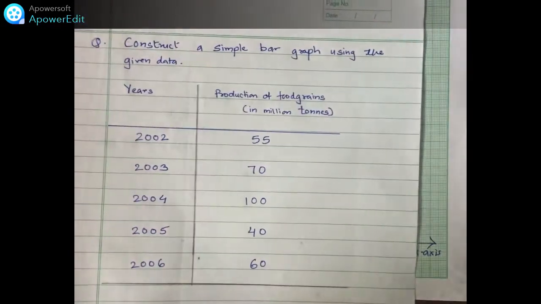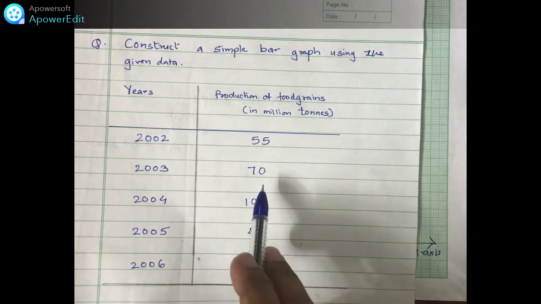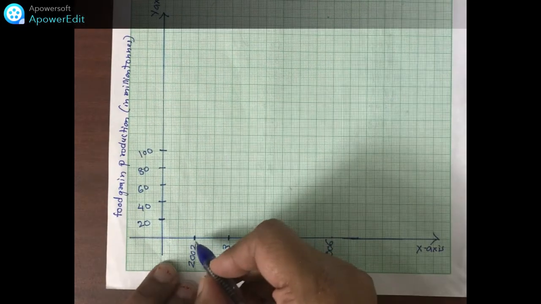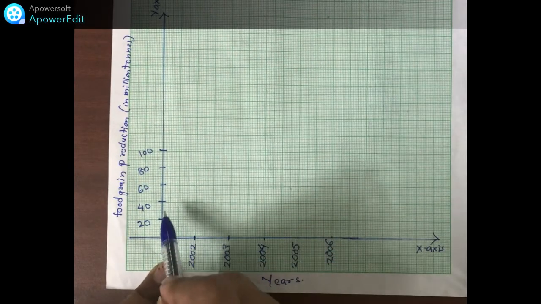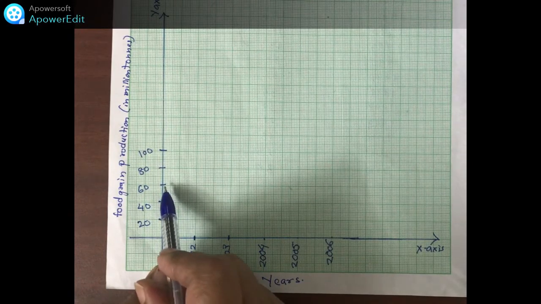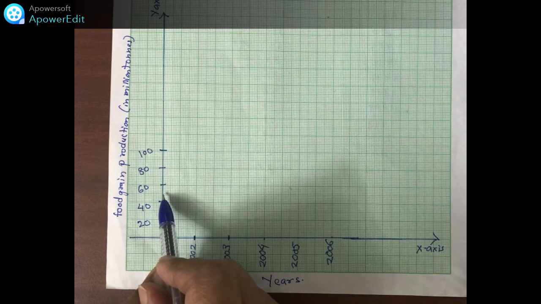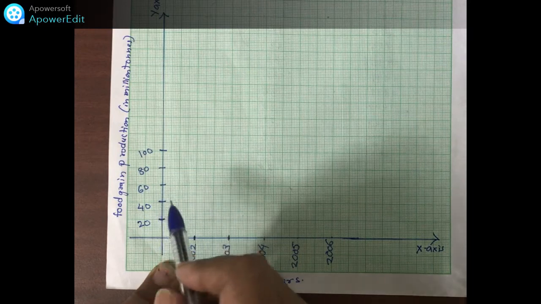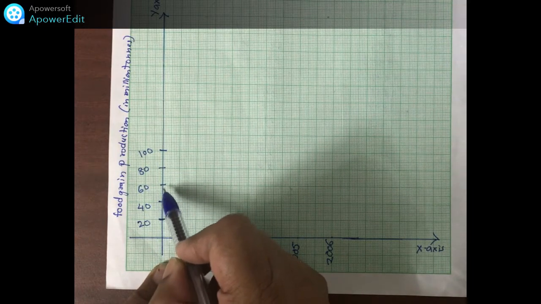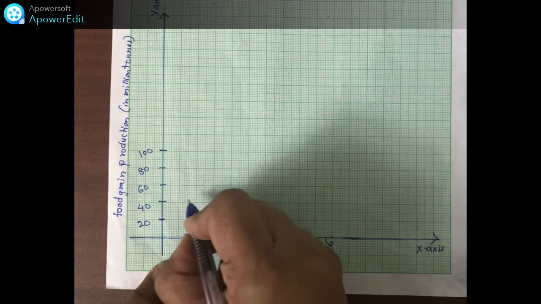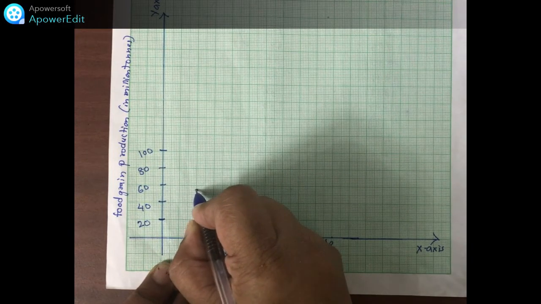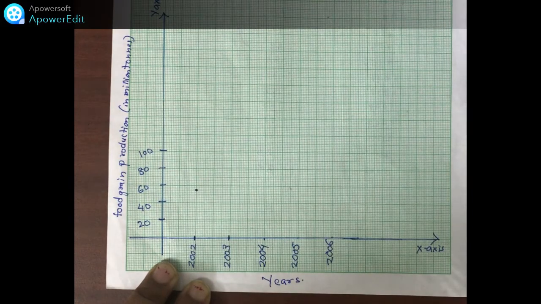Now for 2002 the value is 55, 2003 the value is 70, and so on. So looking at those values, I am going to plot. For 2002 the value is 55. So you can see this is 40, this is 60. So halfway around it will be 55, and again it is 50. It will be 50, and then this distance is around, let's say, another 10. So again half of that will be 55. So accordingly I will count the numbers, and accordingly I'll plot the first value, that is 55 for 2002.